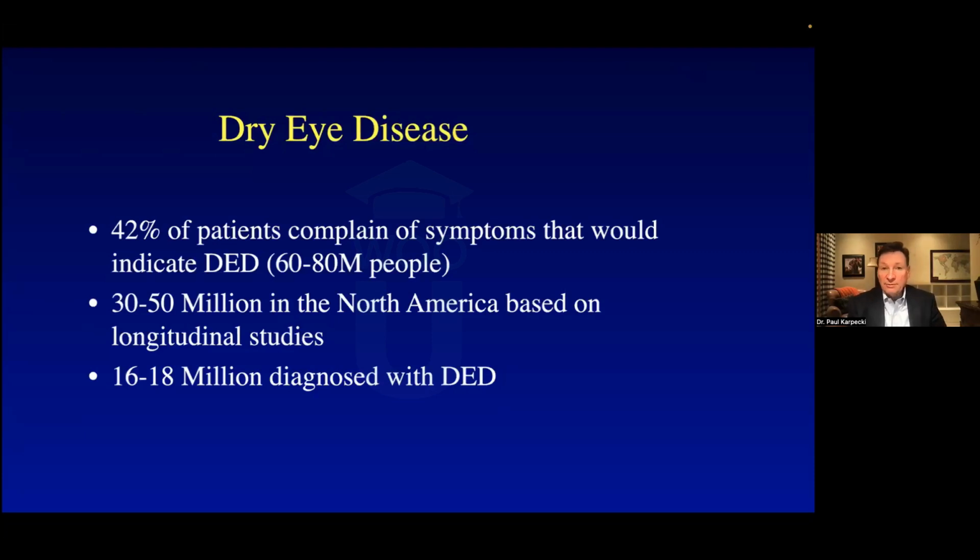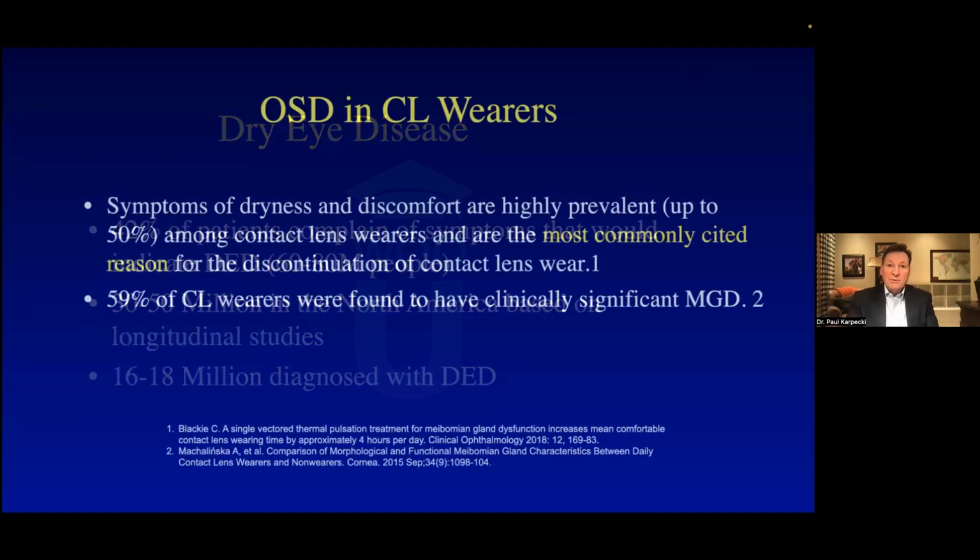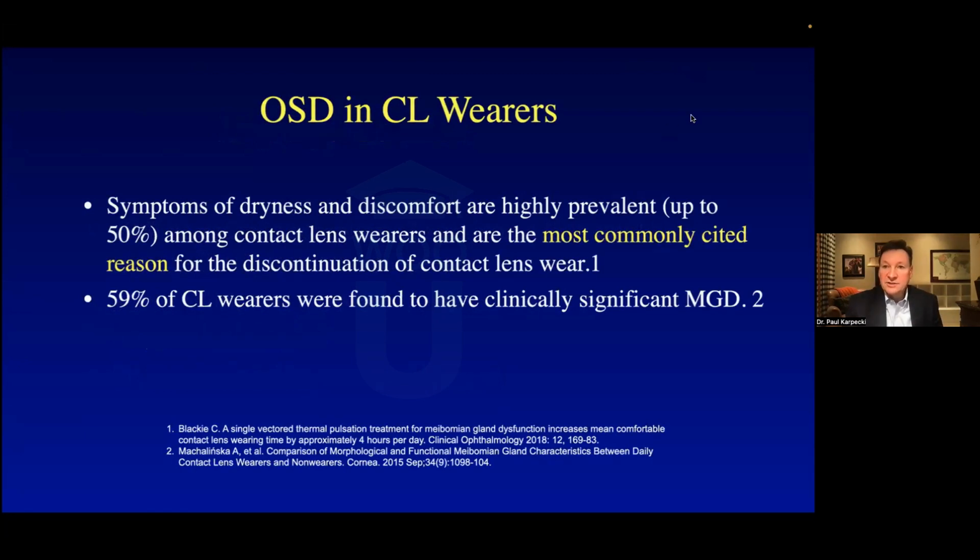We do a good job. Optometry sees more than 90% of all comprehensive eye exams. We diagnose the majority of ocular surface disease and dry eye. And really, 16 to 18 million is a lot because you're not going to get that many in eye exams every year. So we're doing a good job. But now we've got to get into, hey, what kind of impact does this have? Where does it fit in? What do we need to look for?